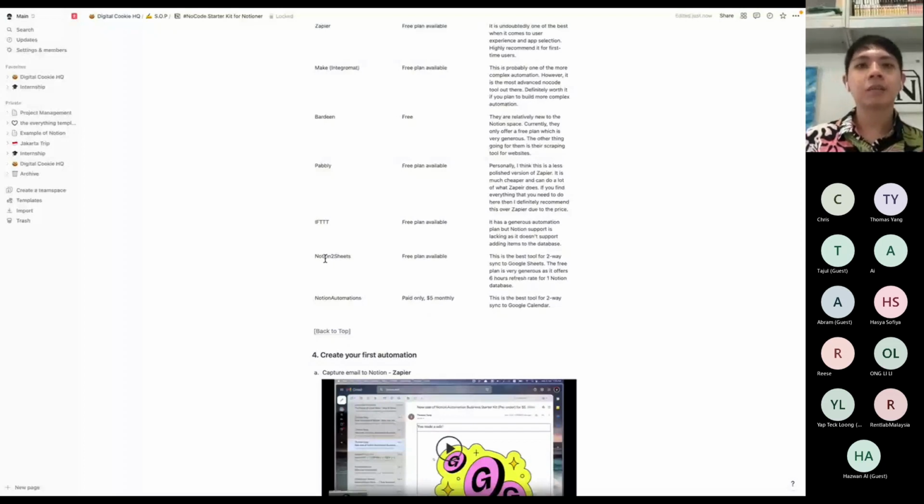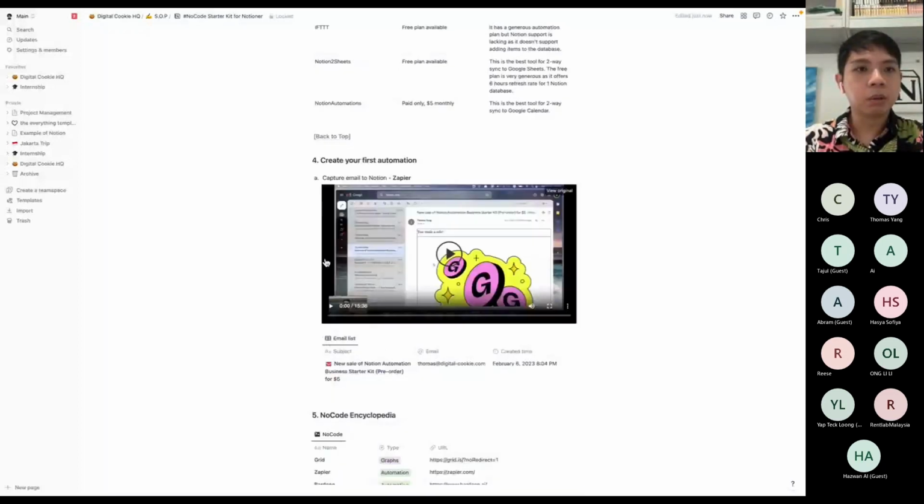Another use case could be a big company where some of the staff are not that tech savvy. They still prefer to use Google Sheets, right? Or Excel. In this case we can just sync both of them, and then the admin, for example, can still continue to use Google Sheets, and the rest of the team will use Notion. So you get the benefit that everything is still in the same place, but everyone has their own preferred interface.